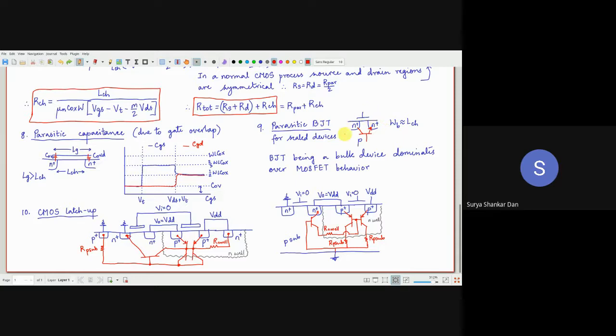So you understand that the parasitic BJT effect is because of scaling. Only when your base width will be in the order of LCH, or in other words, when the channel length is so small that it will start behaving like the effective base width of the BJT, then it is a parasitic BJT. So parasitic BJT is the problem of short channel effect. But CMOS latch up can happen even in case of long channel devices. But of course, it is more dominant in case of short channel. We will look into it.